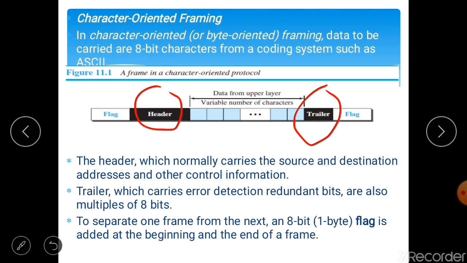These are also multiples of 8 bits. To separate one frame from the next, an 8-bit flag is added to the beginning and to the end of each frame. The flag is composed of protocol-dependent special characters, signaling the start and end of the frame.